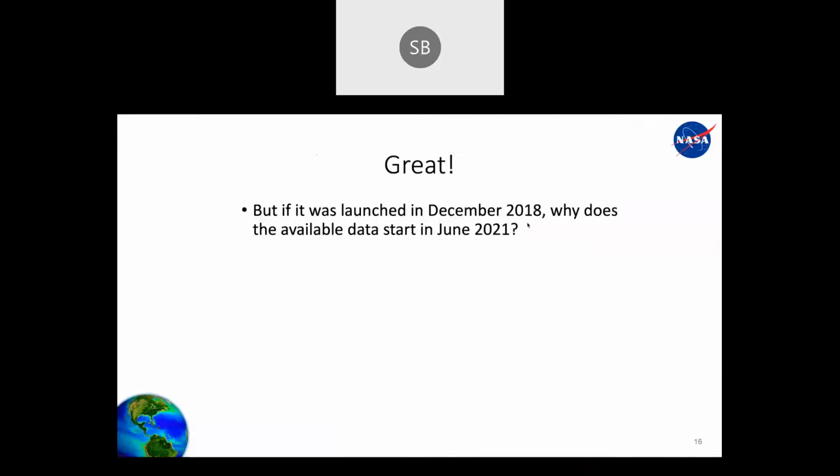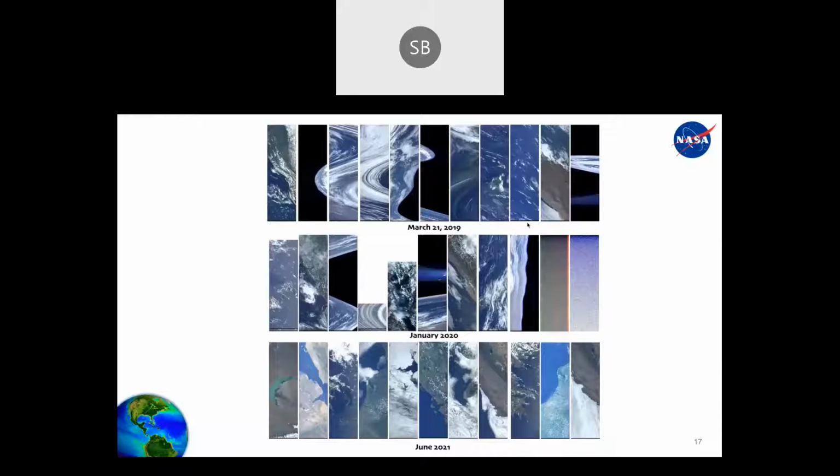This is great. But if it was launched in 2018, why does our data availability begin in 2021? That's a good question. It was a little